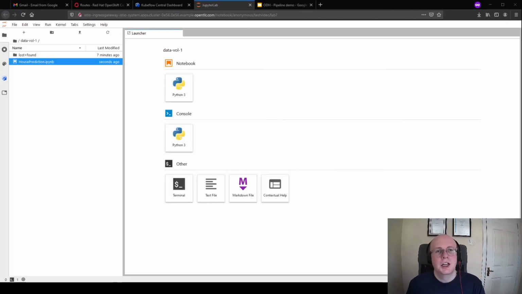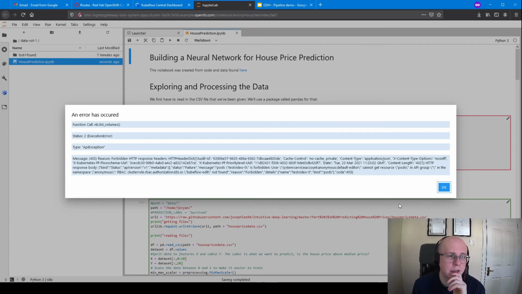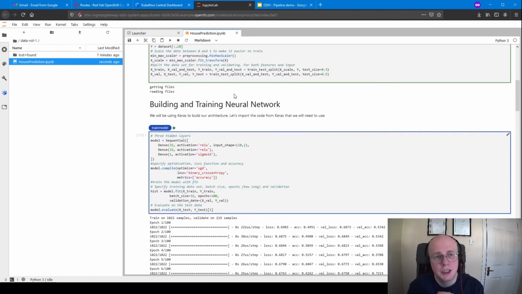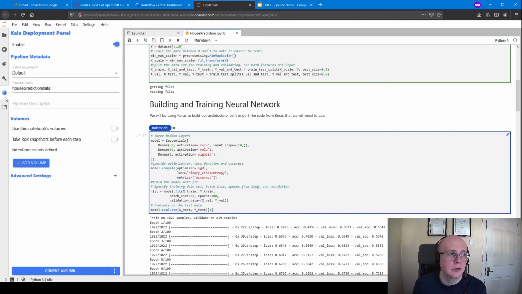So we're back in our Jupyter Lab instance, and what I've done is I've uploaded our house prediction notebook that I've created earlier on. And essentially what this house prediction notebook is doing is going through importing data. It is splitting that data up into bits, and then it's building and training a neural network on top of that. But that's not what I'm here to show you. What I'm here to show you is how we can actually turn this notebook into an actual pipeline with the Kubeflow integration. So when we click on this little Kubeflow icon here,